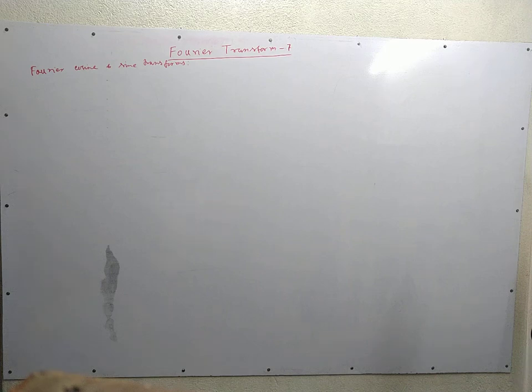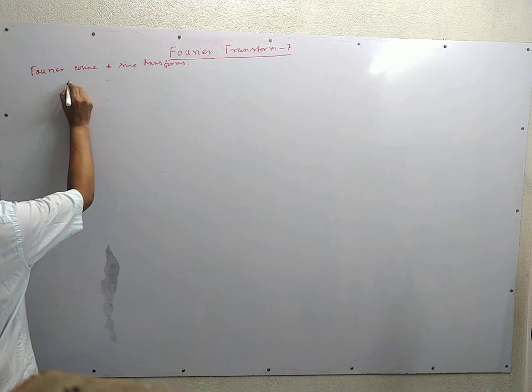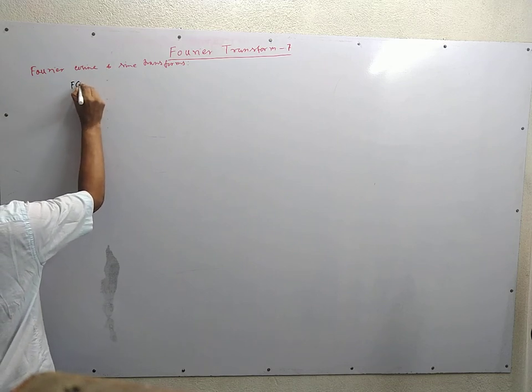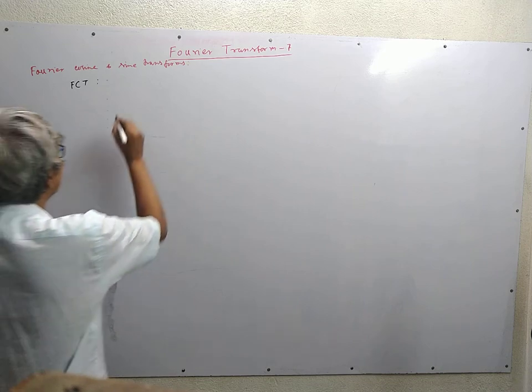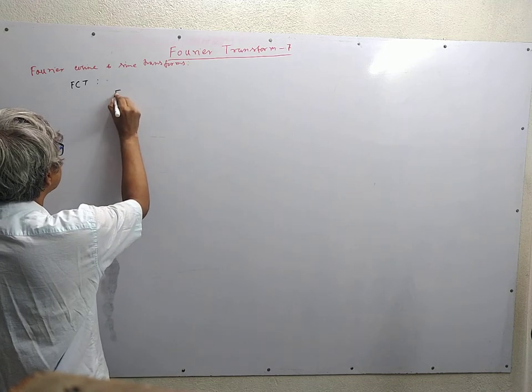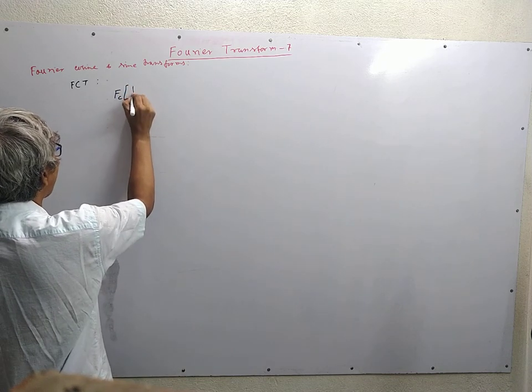This is the seventh lecture on Fourier transform. Today we shall consider Fourier cosine transform. For even function, we have seen that the Fourier cosine transform is defined as f of x